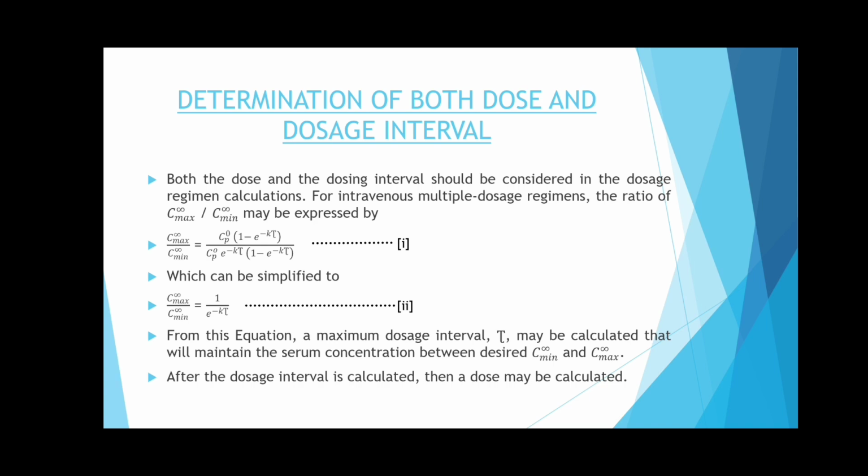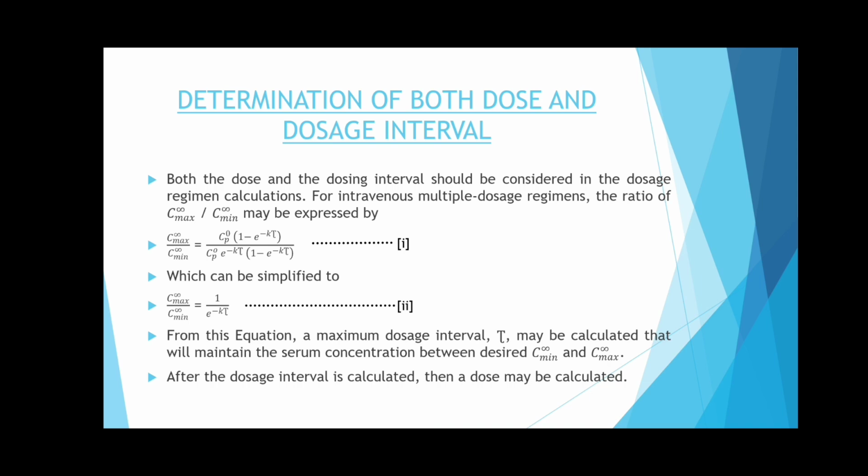From this equation, a maximum dosage interval may be calculated that will maintain the serum concentration between the desired minimum steady state concentration and maximum steady state concentration. After the dosage interval is calculated, then a dose may be calculated. So what this slide says,